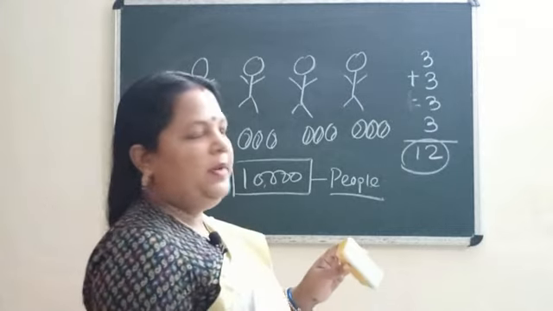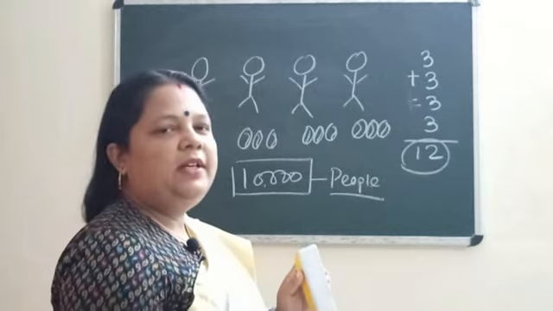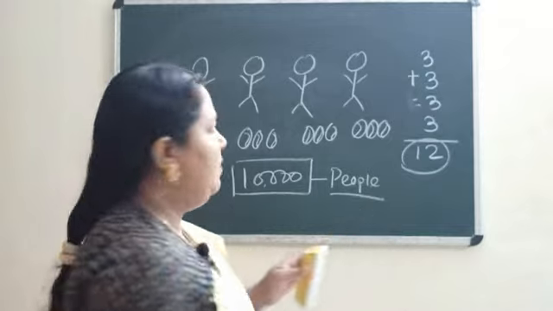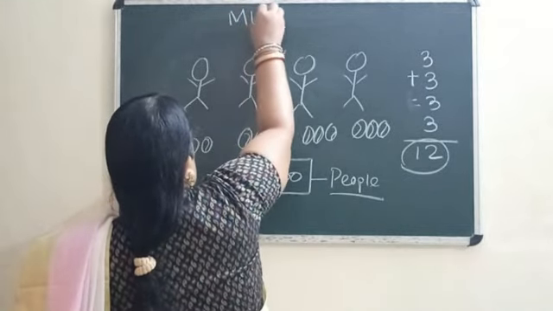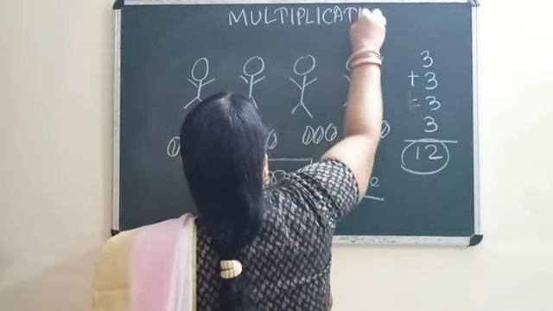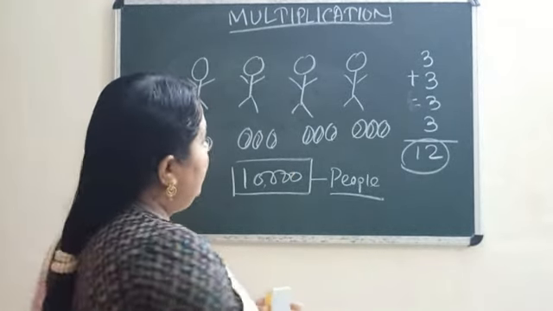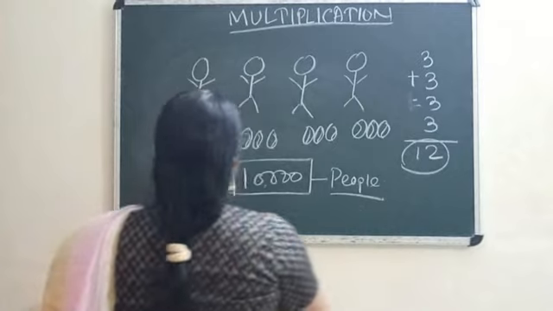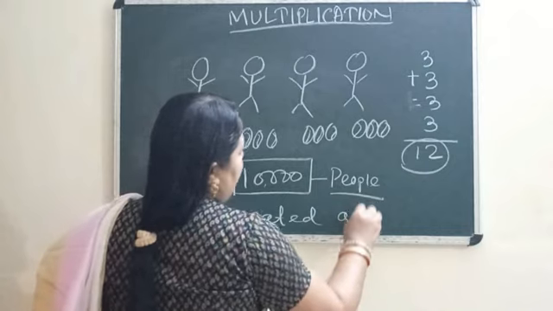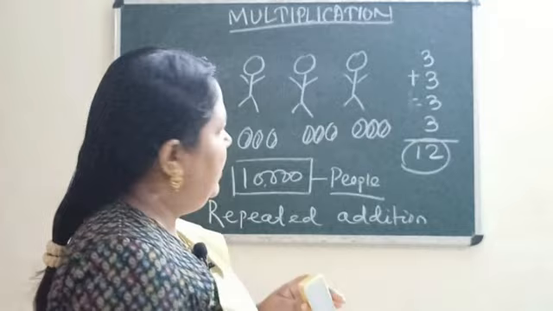So today our topic is one of the operations of large numbers. There are 4 basic elementary operations. Out of that we are going to discuss one topic, that is multiplication. So if we multiply, what does it mean? It's just repeated addition. Remember this. Multiply means repeated addition.